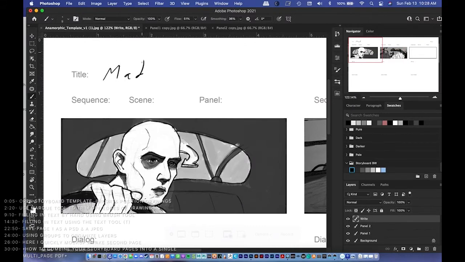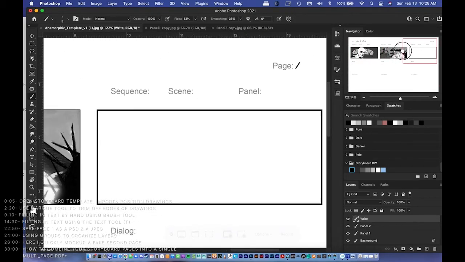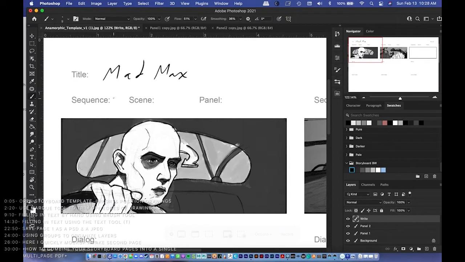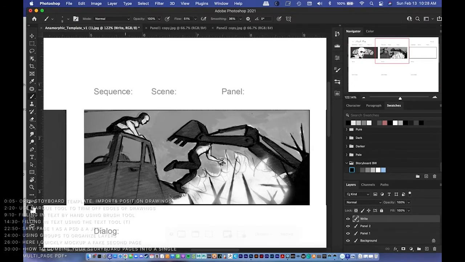We got Max, page 1, and we're in sequence 1. Within my boards, this is scene 1, panel 1. We're on to the next shot here. So we're still in sequence 1, but we're now on to, remember, scene is like shots, so we're on a different shot now. So we're on shot 2,